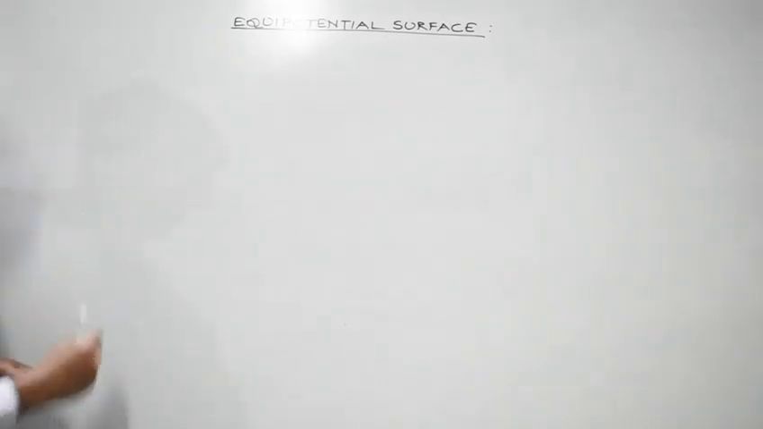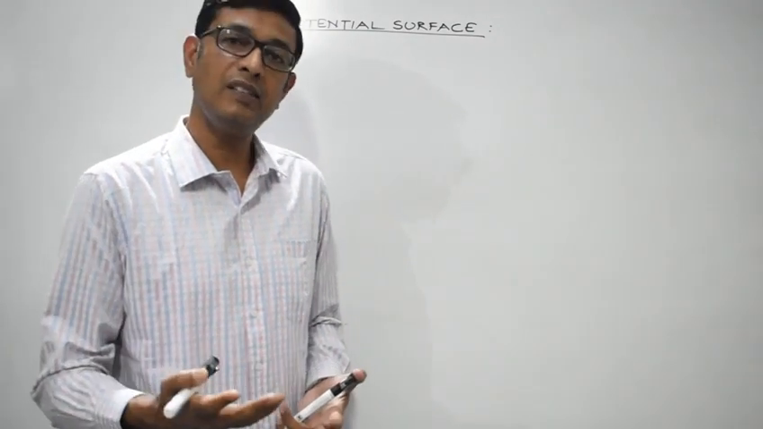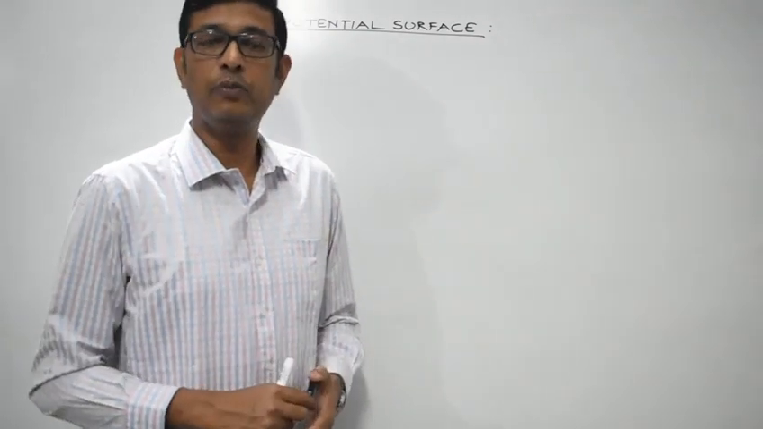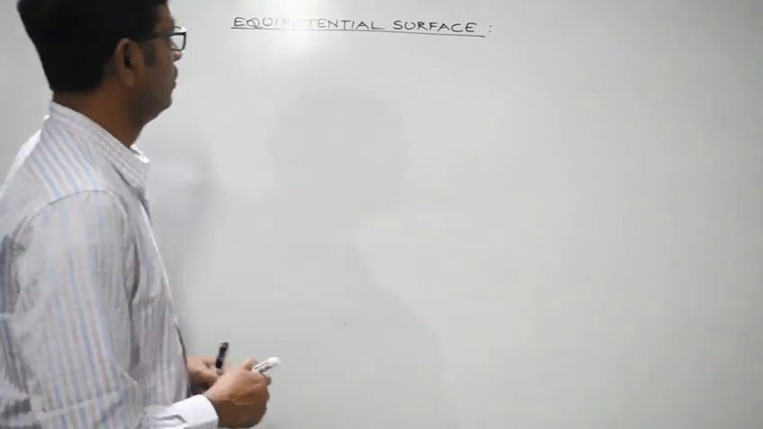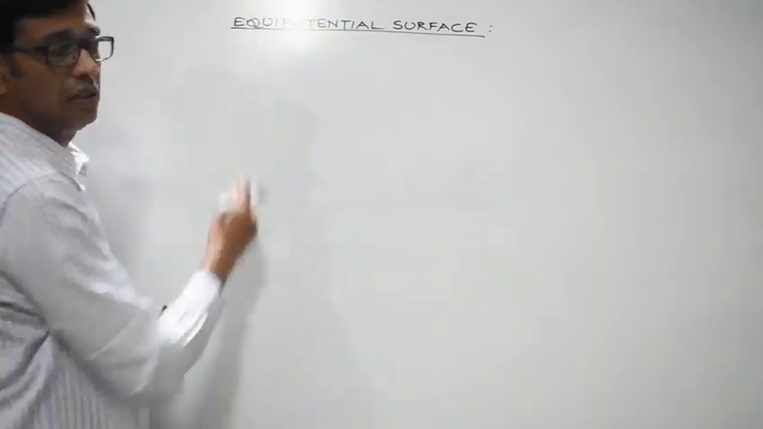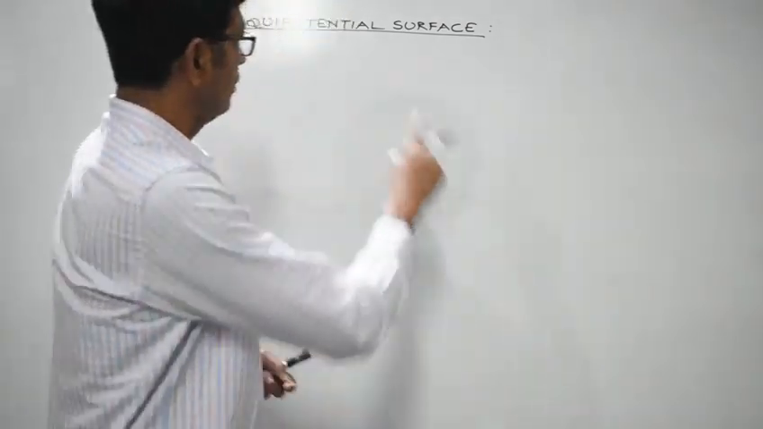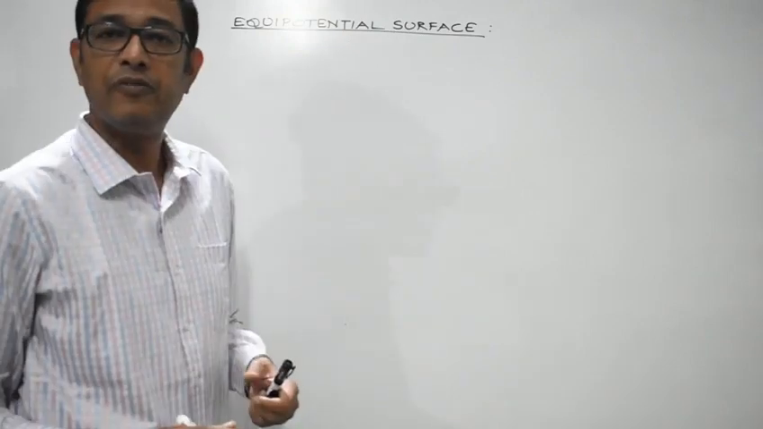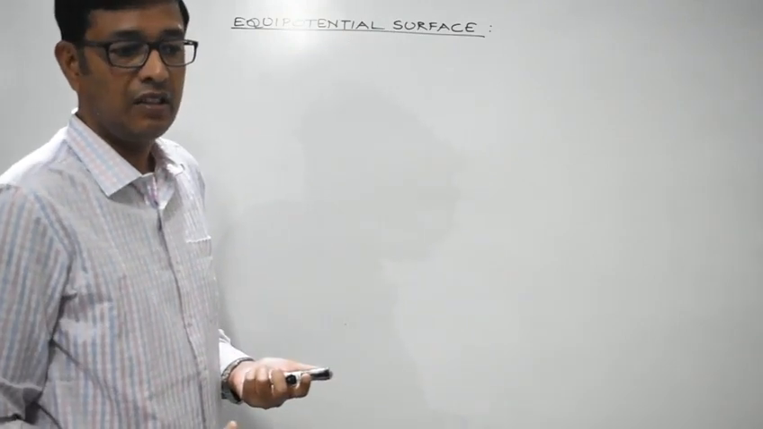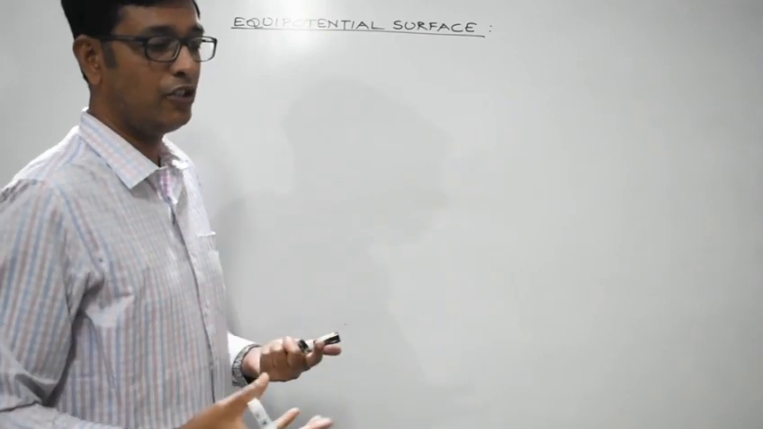Okay, in this section we will discuss equipotential surface and the properties associated with equipotential surface, right? So let's start with the equipotential surface's definition. Equi means equal, potential we all are aware of it. So equipotential surface may be defined as that surface at every point of which the value of electric potential is